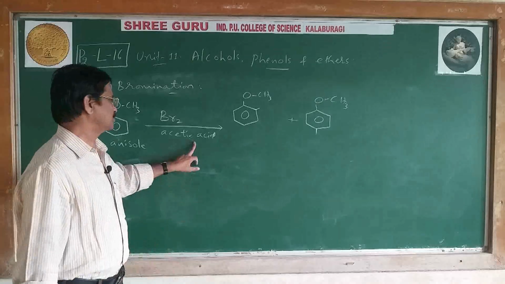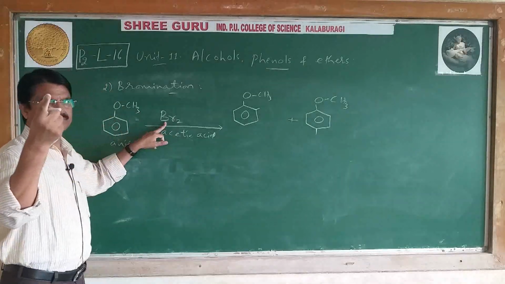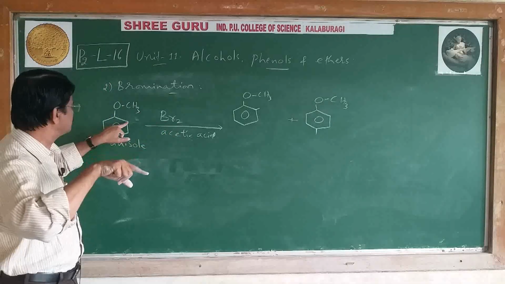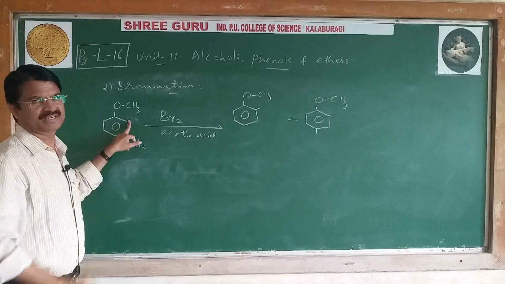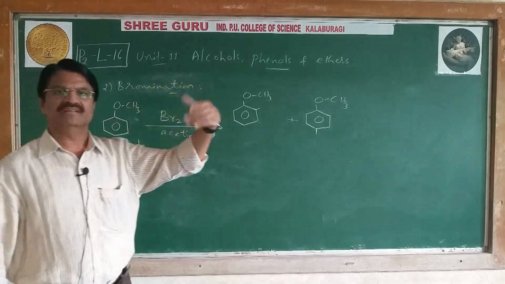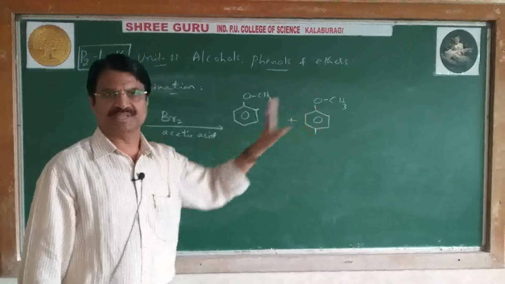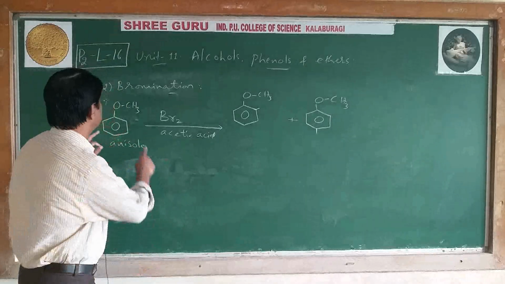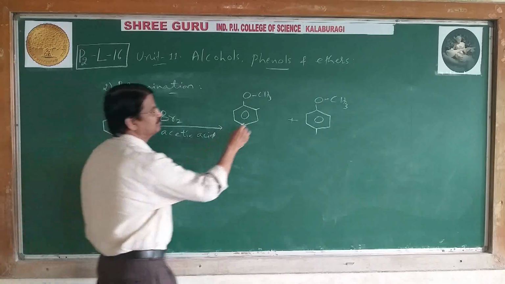CH3COOH, acetic acid, a polar solvent, and bromine gets polarized, and Br plus links with the benzene ring. Br minus combines with H plus of the benzene ring to form HBr. Therefore, the byproduct in bromination is HBr. In nitration, water, but in bromination, HBr. But in place of NO2, here you write a bromine atom. Therefore, we get